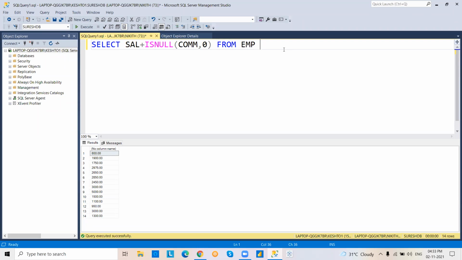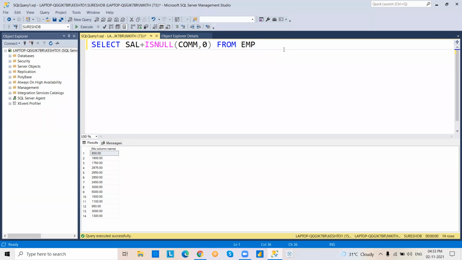So now it is working. Sir, one more time, please. Sorry. The ISNULL function converted commission null values into zeros temporarily. Just conversion only, not permanently, up to execution of the query. Because if a null value is there, then you are facing issues, right?